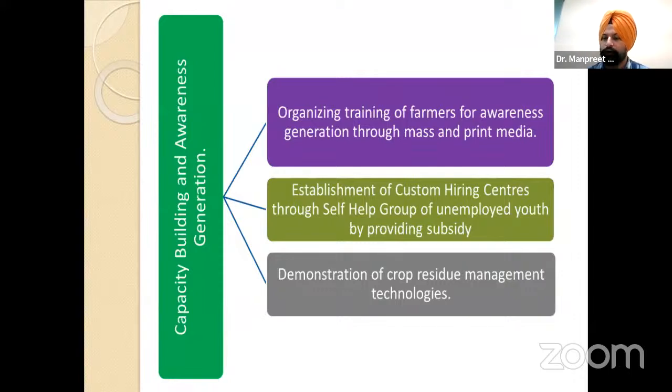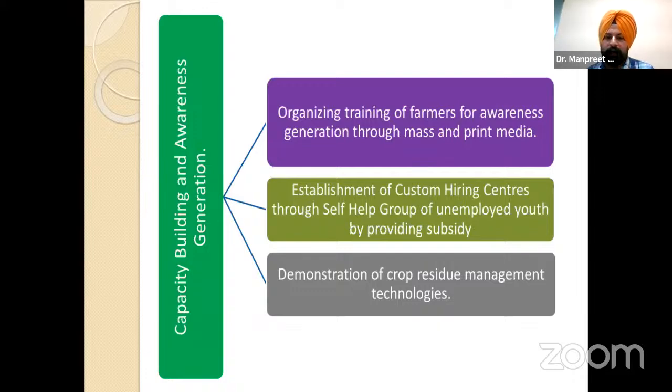और बहुत यूनिवर्सिटीज वगैरह कर भी रही हैं, पीएयू कर रही है, बाकी अदर स्टेट यूनिवर्सिटीज कर रही हैं, या कोई प्राइवेट ऑर्गेनाइजेशंस भी कर रहे हैं, जैसे me also working in a private organization. Our focus is to basically reduce the crop residue burning emissions, and also as well as follow the organic agriculture